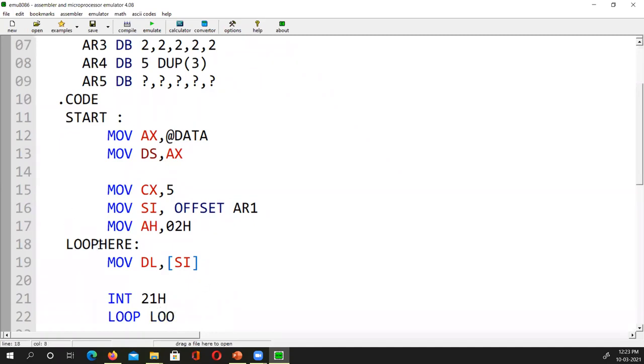Why am I saying loop here? I will say loop and go where? To the label here. So it will jump to the here. But before doing that, I should do one thing here. What should I do? Can anyone tell me in a mic or on a chat window? Yes, can anyone tell me what should I do here? Check whether it is an ASCII number. So increment. Beautiful. I should also increment SI.